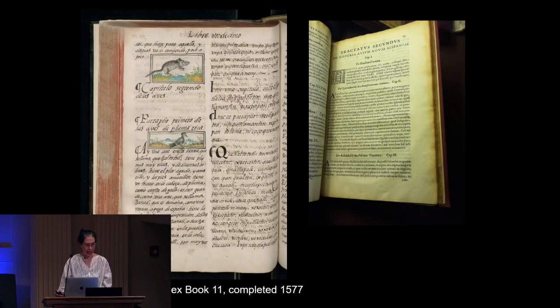So the first trace that I want to focus on, and this is really where a lot of this research generated from, is I noticed that a number of the entries in Hernandez and in the Florentine Codex had details in common that suggested more than just coincidence. And the one where this was most obvious was in the Quetzal entry.